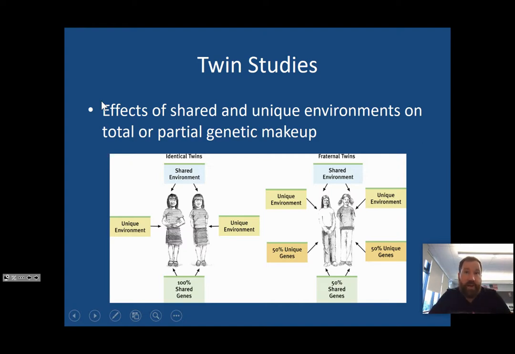Now, I have some friends that are identical twins, and it took a while, but I eventually learned to be able to tell them apart, even though they look almost identical. One of them is like half an inch taller than the other, right? So that is a unique thing that causes a change. That shows the role that the environment played for that one twin over the other, okay?